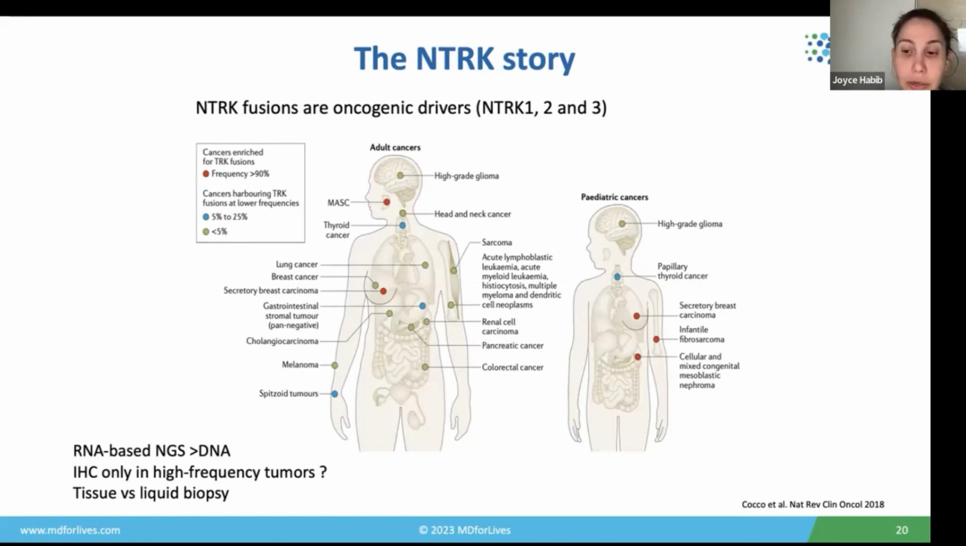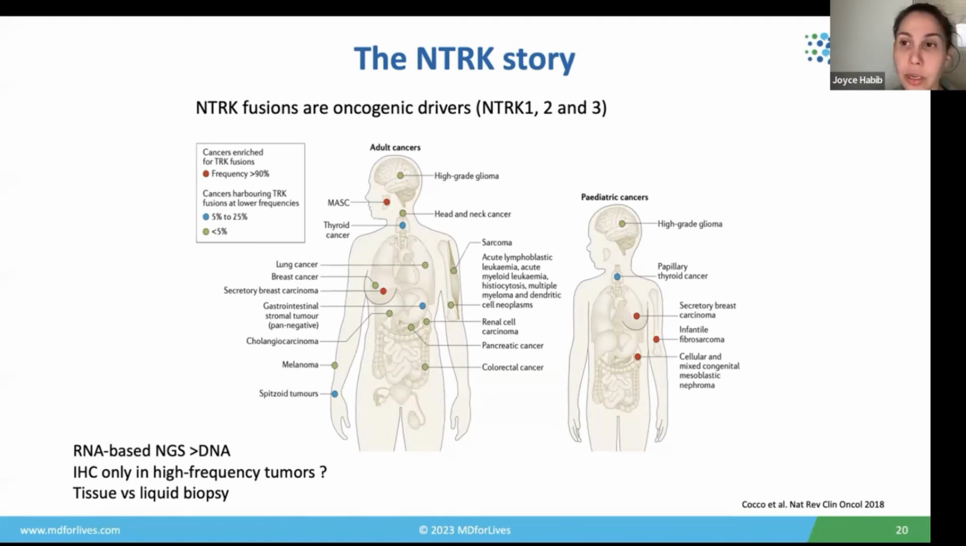RNA-based NGS assays are superior to DNA-based NGS assays. They tend to be more sensitive and more specific because they can detect all fusion partners. It doesn't matter what the breakpoint is, or what intronic sequence it occurs in. And it's also able to detect whether that fusion actually causes a functional transcript or not, which DNA NGS is